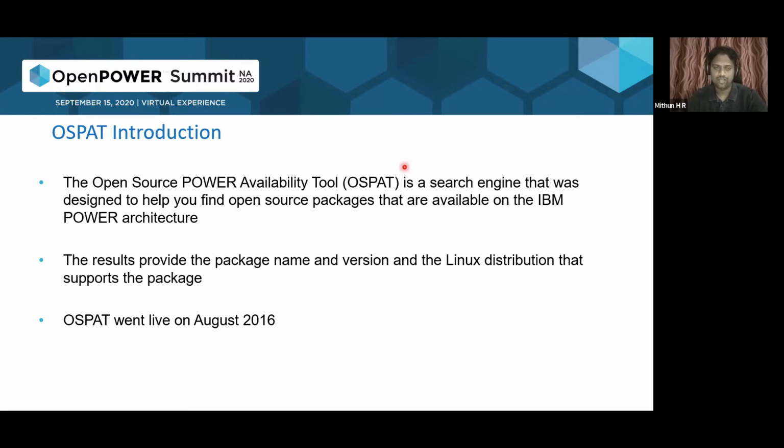They can search for a particular package in this tool, and it will give out the results on the software package, along with a link where users can find more details on how to download and install the package.